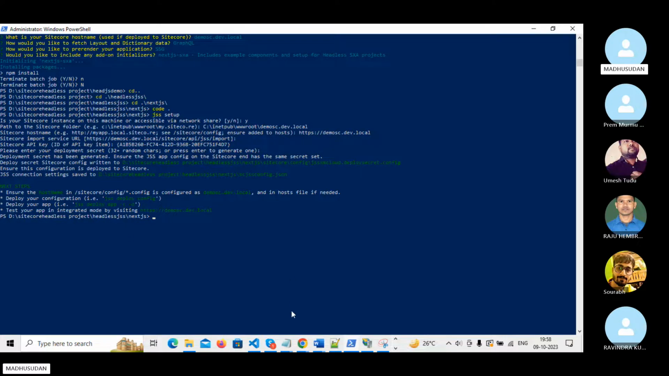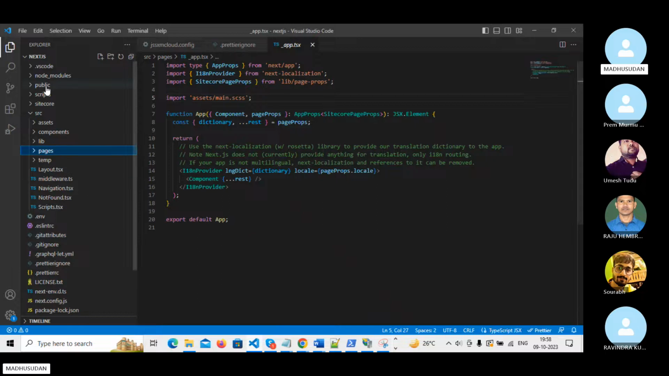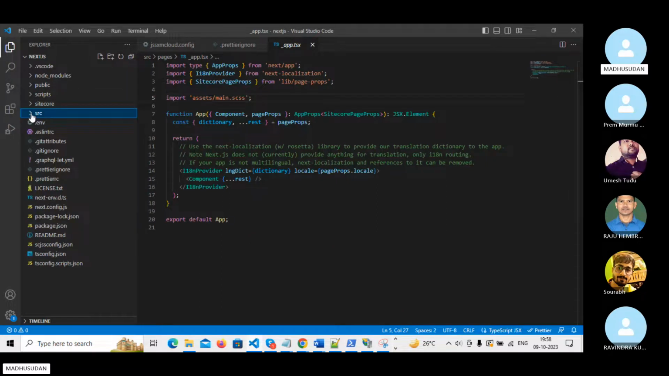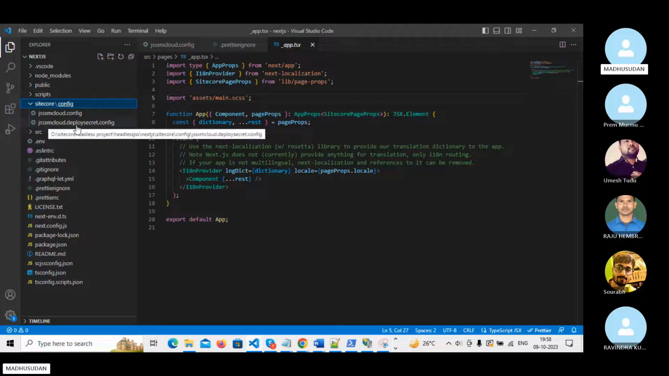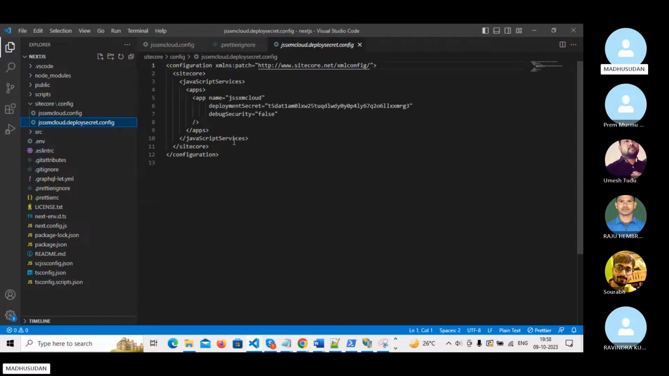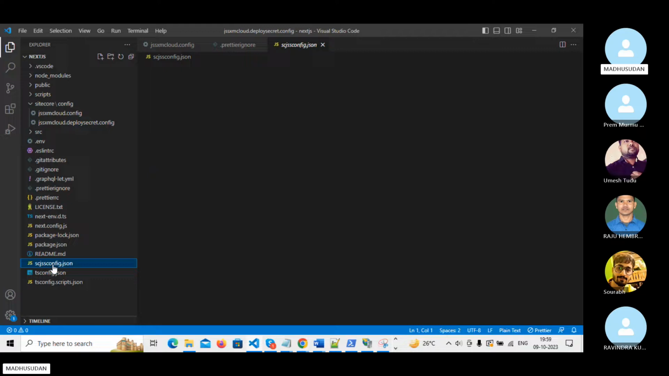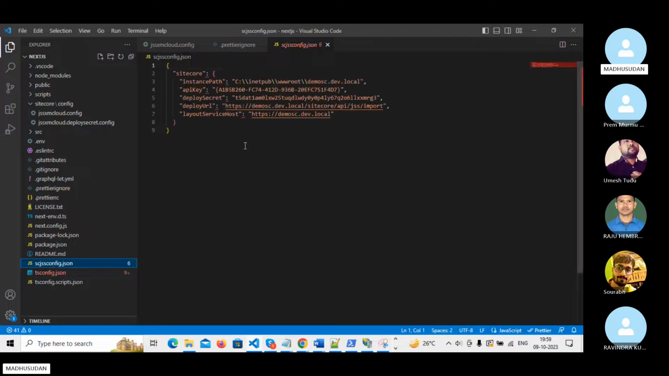So for now, what we have to do is go to the application, and a few things will be added here. First, after running the JSS command, it will add the deployment secret automatically here. Another thing, it will add the file scjssconfig.json. Okay, so this is the file it added. So from here, what we have to do is,